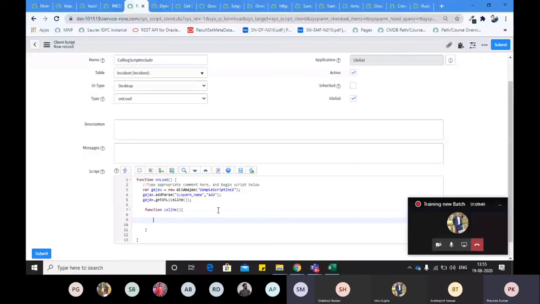We can pass a function as an argument in another function, but that is not exactly the callback function. A callback function means whenever the call to the server side is done and it comes back, it will call this function. This is called a callback function. More deeply, you can read by yourself, and if there is confusion you can come back to me, but this is the basic thing about the callback function, right?